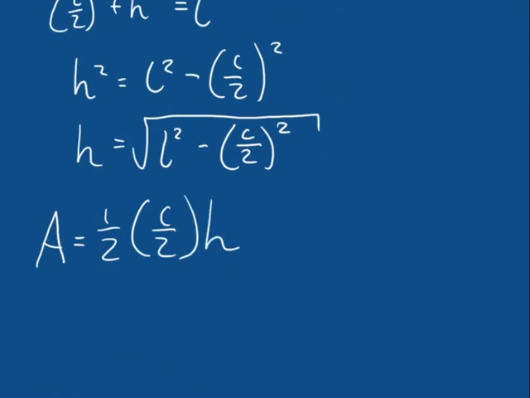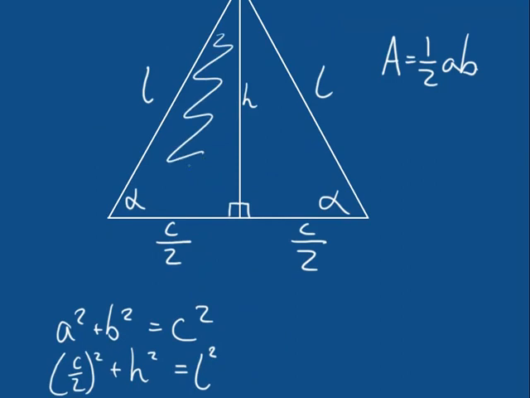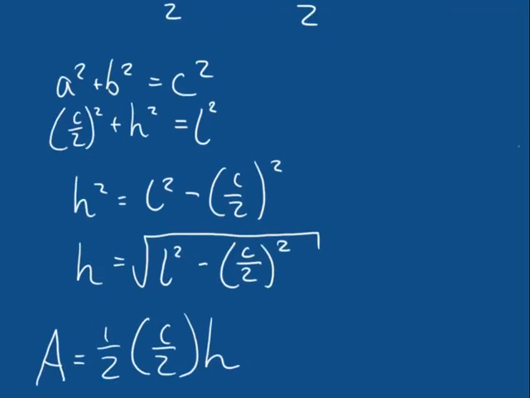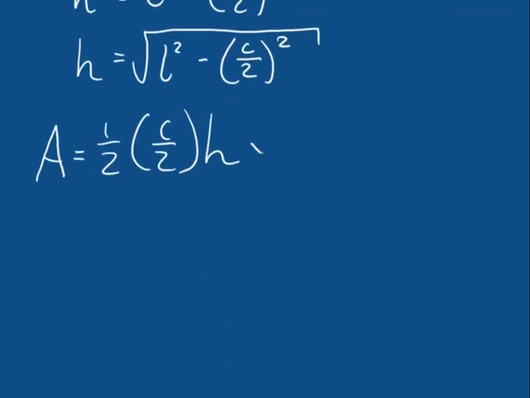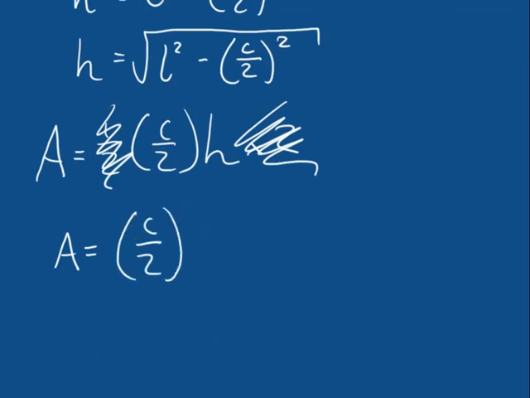But notice we have two of these right angled triangles. So the area of one of them is half c over 2 times h. The area of both of them is going to be half c over 2 times h multiplied by 2. We have two of them, so hopefully you can see the half and the 2 are going to cancel each other out, because half times 2 is 1, and 1 multiplied by anything is just whatever we were multiplying it by. So our area of an isosceles triangle is equal to c over 2 times h,